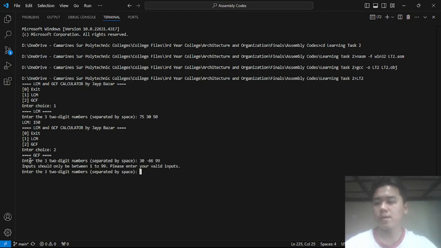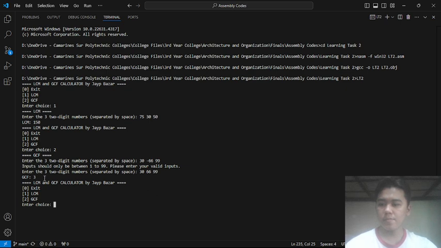As you can see, it prompts an error if the input number is outside the range 1 to 99. Let's fix that. So the GCF of 30, 66, and 99 is 3.